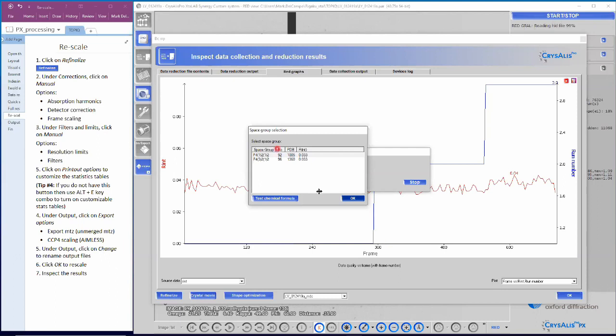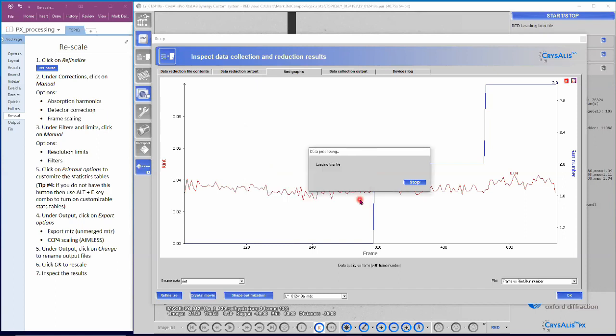These are the available space groups that would potentially fit the data right now. So I have P41212 and P43212, and it can't tell the difference because it's just a hand change. I happen to know the answer, so I'll select P43212, click OK, let it finish the scaling. As soon as the scaling is finished, you're going to see a message pop up where CrysAlisPRO has run a